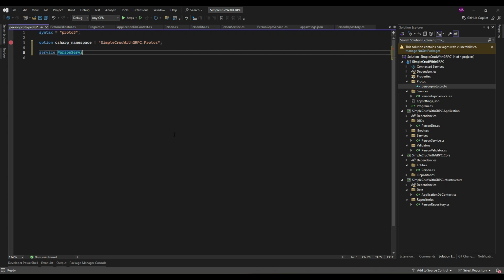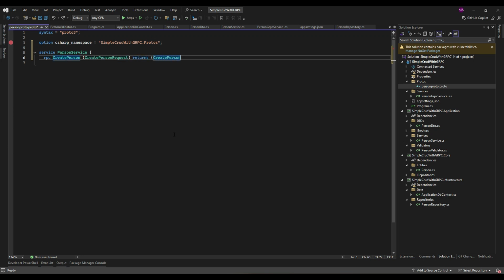This is our main service, PersonService, which defines several RPC methods for CRUD operations. First is CreatePerson for adding a new person.